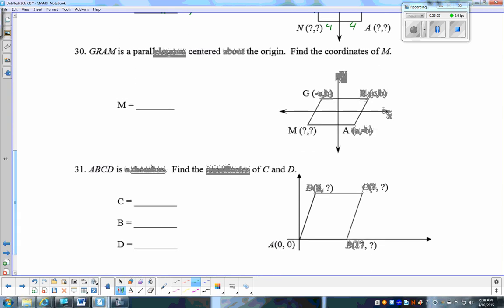So I know that this distance here is negative A. This distance here is B. This distance here is C. This distance here is B. This distance is A. This is B. So since it's a straight line, we know our y coordinate is going to be the same as our y coordinate from A, so it's negative B. And then for our x coordinate,